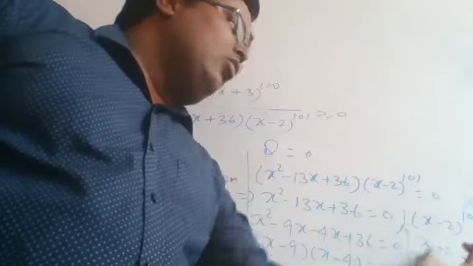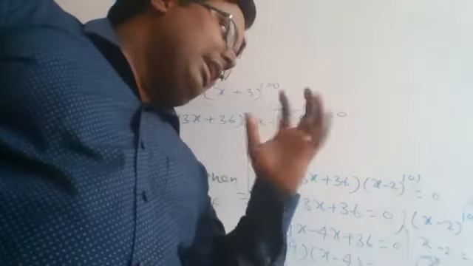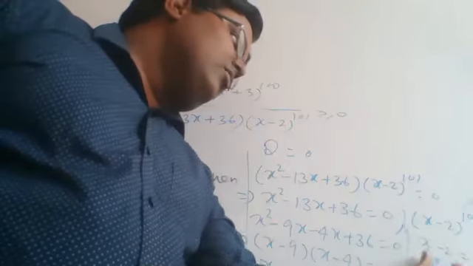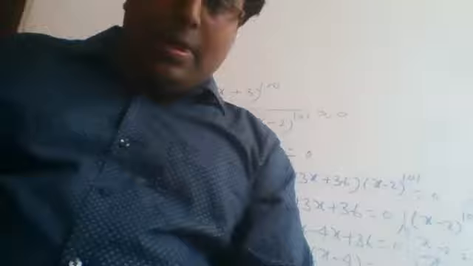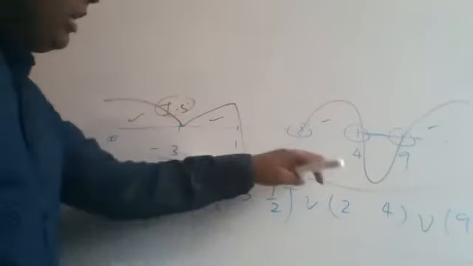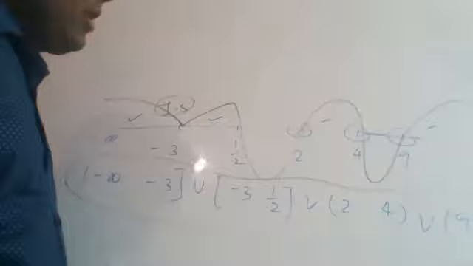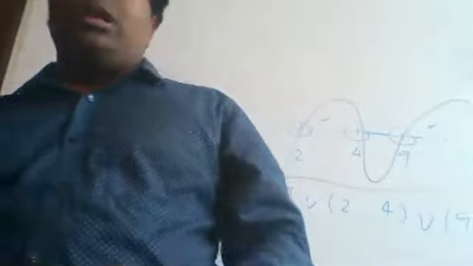At an odd power, there is no change in the wavy curve. It means usually, as we draw, we just draw the wavy curve. So we get the value of x equals 2, everyone. So just write it down. Type 2 inequality is this one, and such type of questions are important. Now you can solve this type of questions based on the type 1 inequality and type 2 inequality.